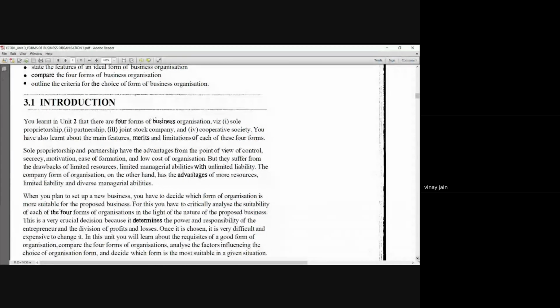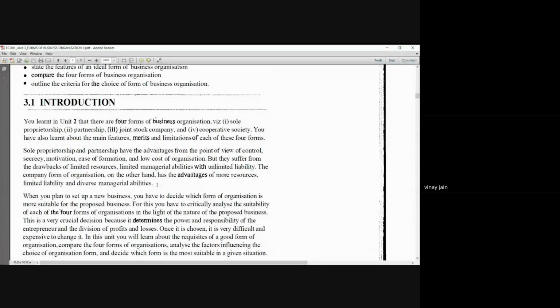So here, in unit number 2 we learned that there are four forms of business organization: sole proprietorship, partnership, joint stock company and cooperative society. You have also learned about the main features, merits and limitations of each of these four forms. Guys, sole proprietorship and partnership have advantages from the point of view of control, secrecy, motivation, ease of formation, and low cost of organization, but they suffer from the drawbacks of limited resources, limited managerial ability,